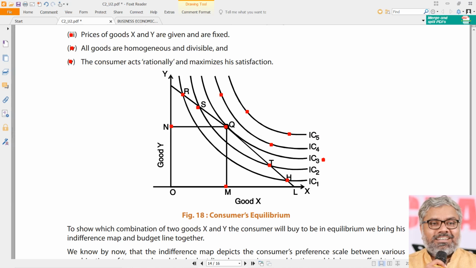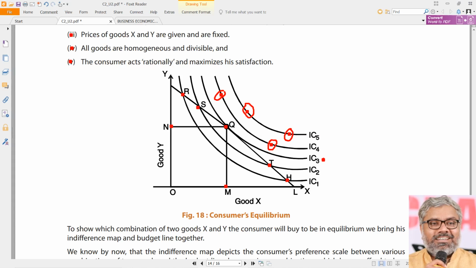Can he afford those points? The answer is yes. But will he choose them? No. Why? Because satisfaction is less. Can he afford the higher points? No. Maybe they are giving super satisfaction, fantastic satisfaction compared to Q, which is good. Everybody would like to have that. Everybody would like to have a Benz car. It will give more satisfaction. But can you afford it is the question. You may not be able to afford it. It will be there somewhere on the indifference curves, but you will not be able to actually go for it because it is beyond the consumer's purchasing power.